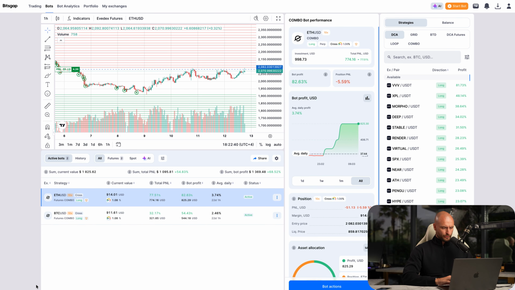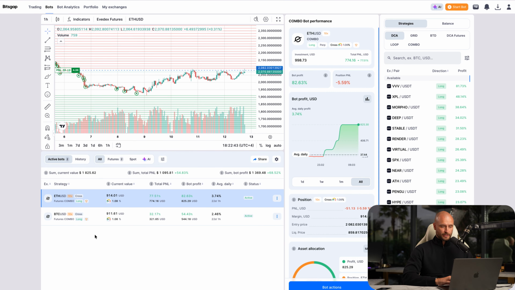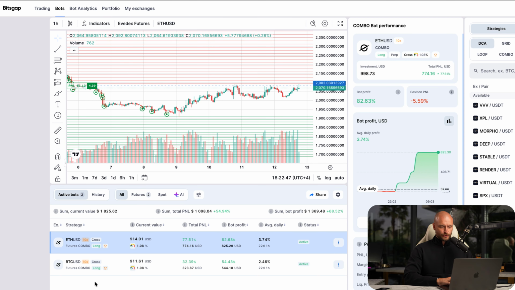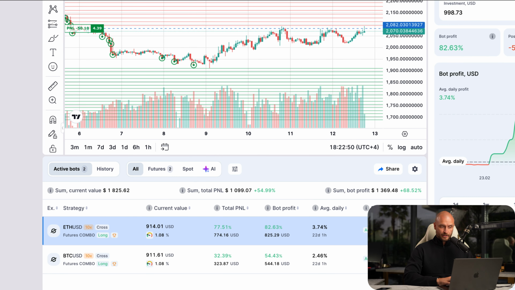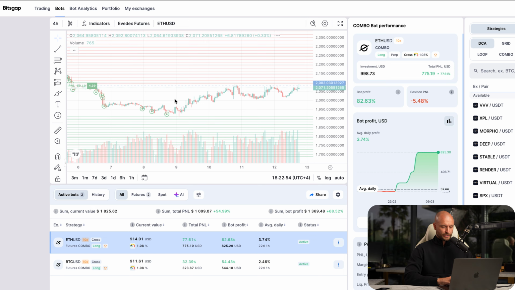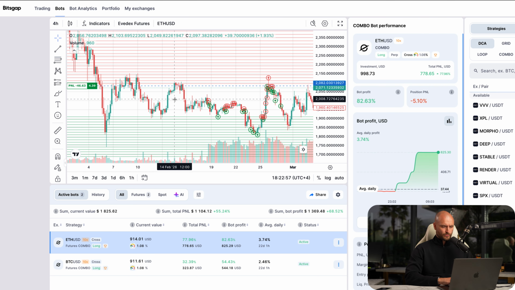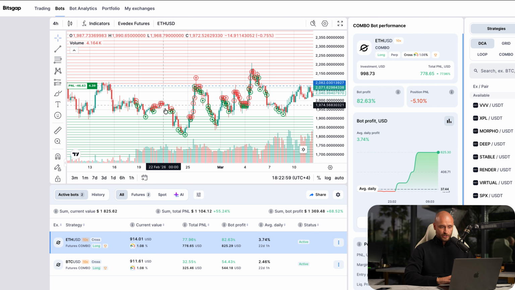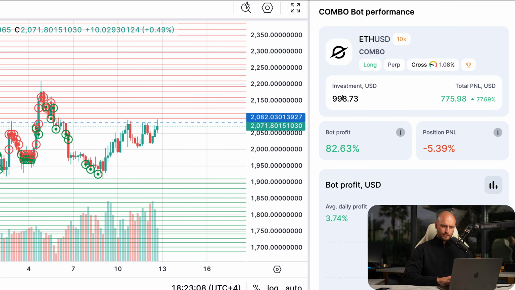Now today I'm going to show you how to use the combo bot, and I'm also going to explain a bit more about Bitsgap in general, and how to use the combo bot, which quite frankly has been doing quite well. If you have a look at the performance in this particular account, it's been active for quite some time, and we've been in the range for Ethereum as well as Bitcoin, and Bitsgap's done quite a good job. The initial investment in this combo bot was $1,000, and the total P&L is about 700, so that's